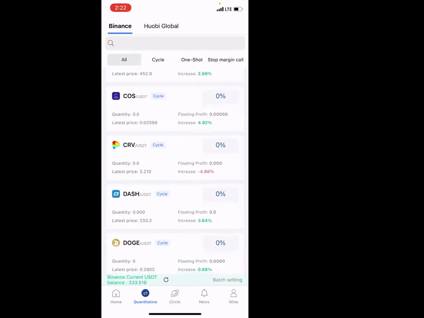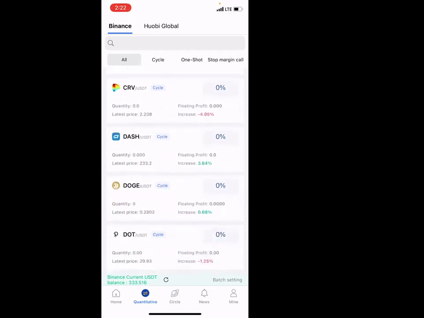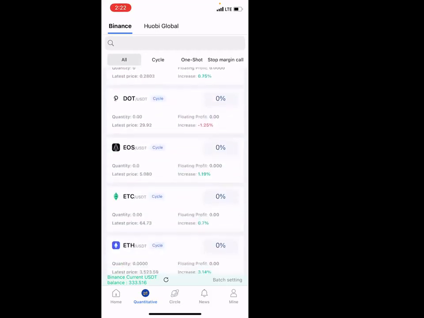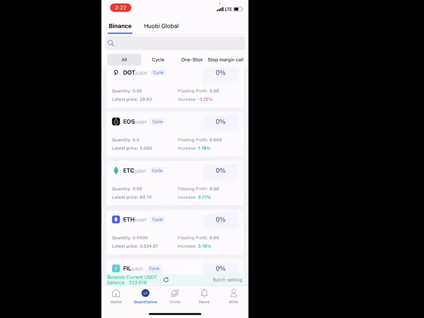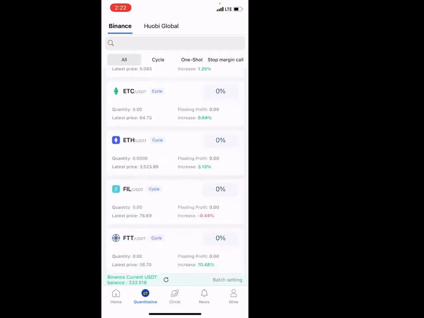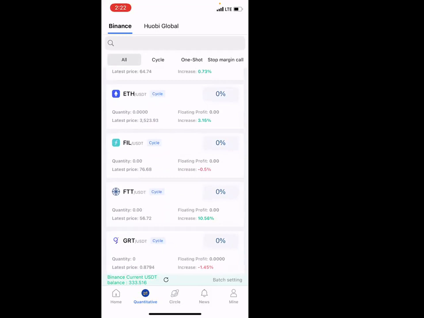Now, remember, basically, the robot trades with the principle of buy low, sell high. Buy low, sell high. All right? Now, there is something I have found out, and I need to expose you people to it. Should I tell you? Now, listen to me carefully. Listen to me carefully. All right? I'm going to give you some timings that you can use to check when to enter a transaction, and it will be so